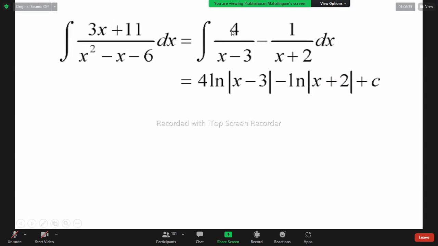How do they get this 4 and 1? x minus 3 and x plus 2, you know, factoring technique. Or the other way, you multiply x into x, x square. x into 2, 2x. Minus 3, you multiply, minus 3x. Here minus 2x, then minus x. 3 into 2, 6. Minus 1 plus 1, minus 6. So obviously you know this function has these two factors. This is called the factoring technique.